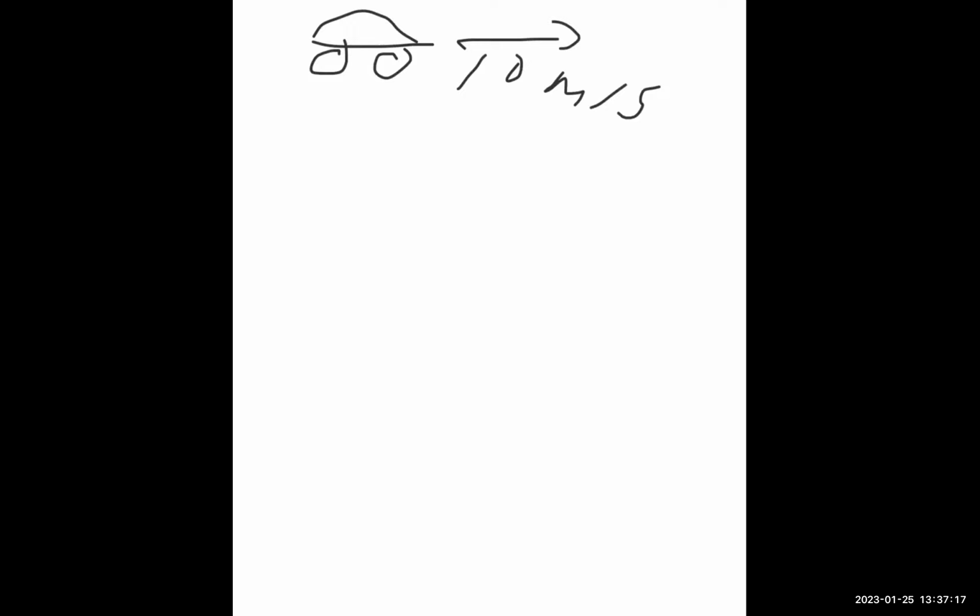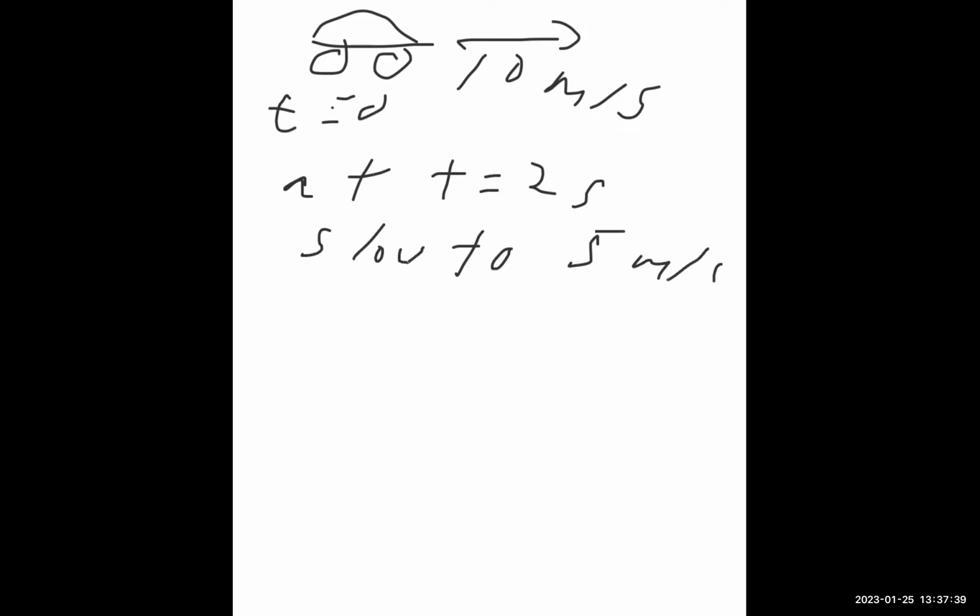Then we're going to say after, and we're going to start the time at 0. And then after, let's say 2 seconds, we have to slow down to 5 meters per second. If we want to make a graph of this,